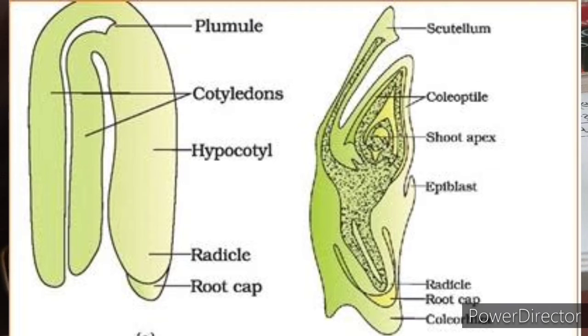The portion of the embryonal axis above the level of attachment of scutellum is called the epicotyl. The epicotyl has the shoot apex and a leaf primordia enclosed in a hollow foliar structure, the coleoptile. So we'll say that the root in monocot is protected with the help of coleorhiza, and the shoot in the monocot is protected with a specific structure, that is coleoptile. So both you have to keep in mind, coleorhiza and coleoptile, and you can say that R for root, so coleorhiza, because R is coming, gives protection to the root. You can remember this in this way.